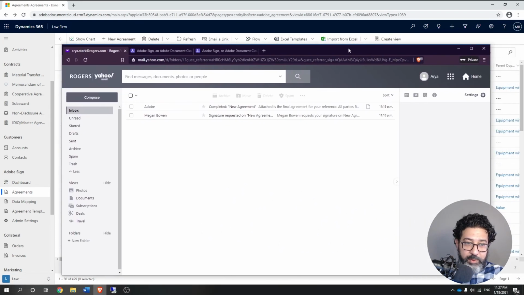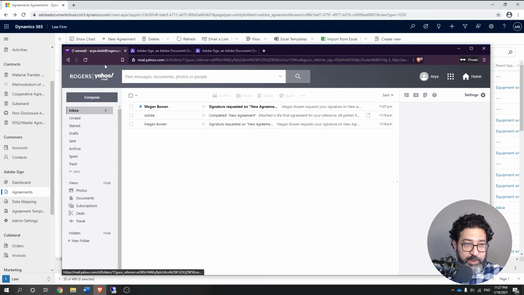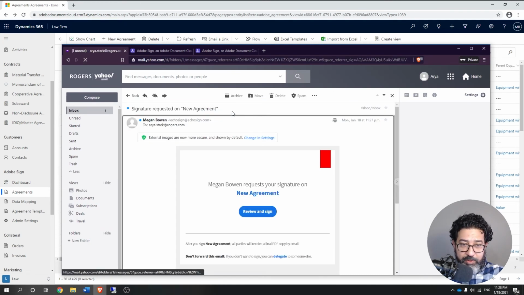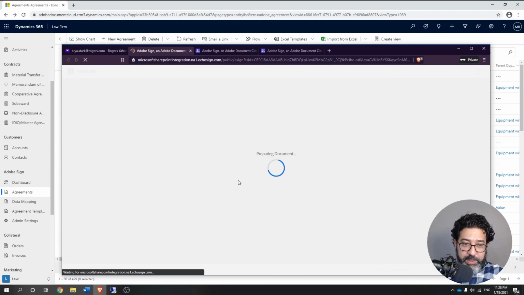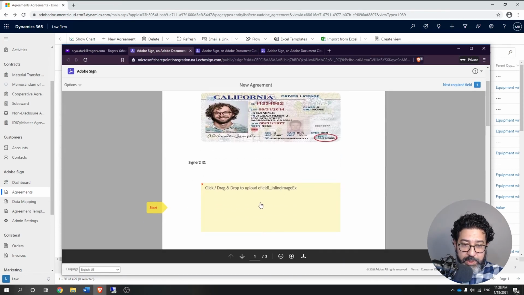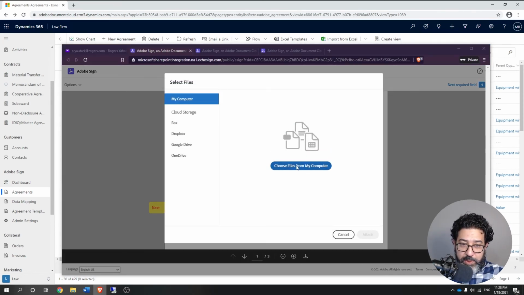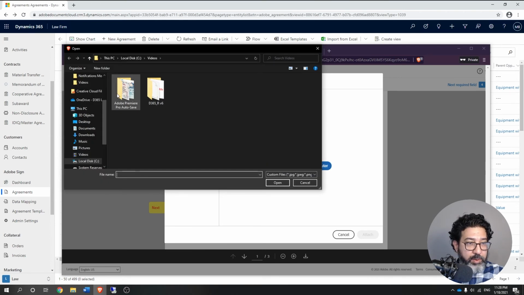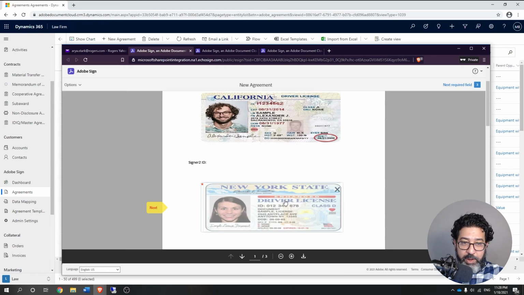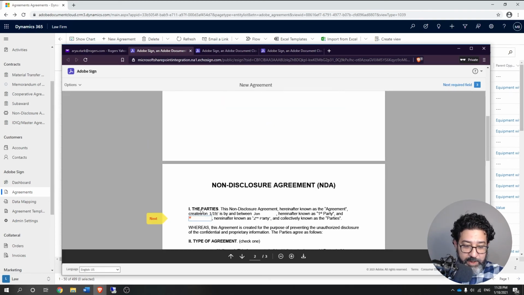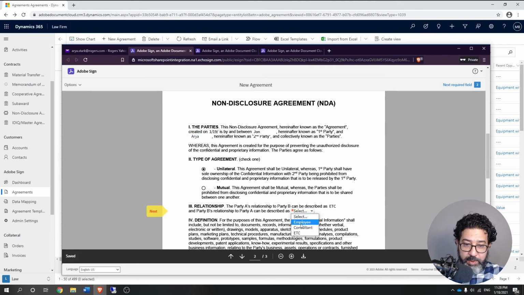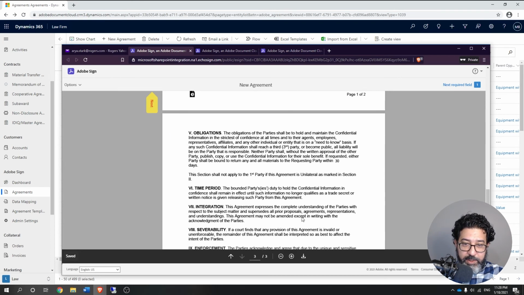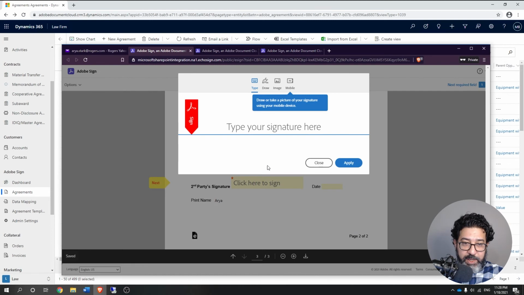And then again, Arya will receive the email asking for her signature with the same sequence. She can choose her ID, fill in her information. She's a consultant again, and she can sign.